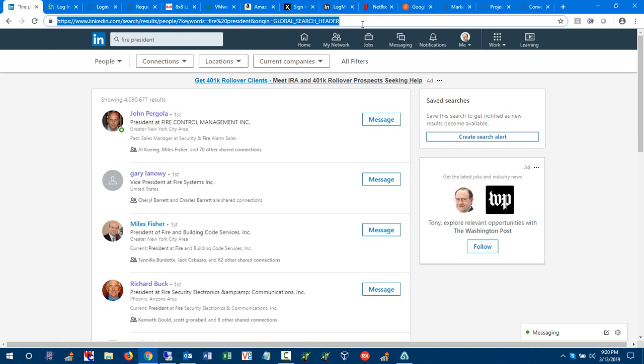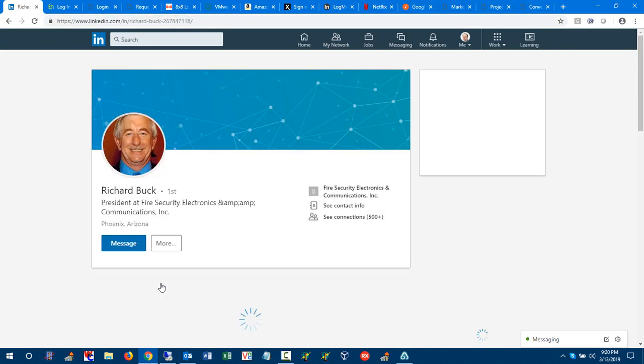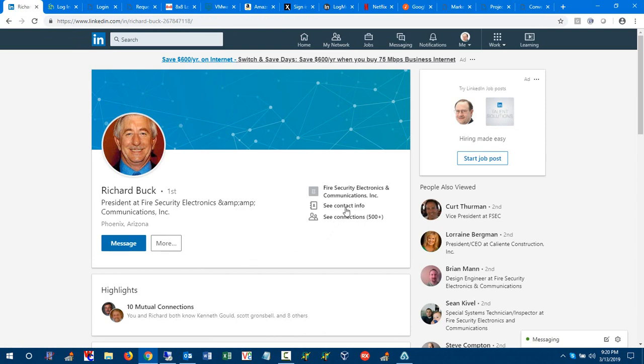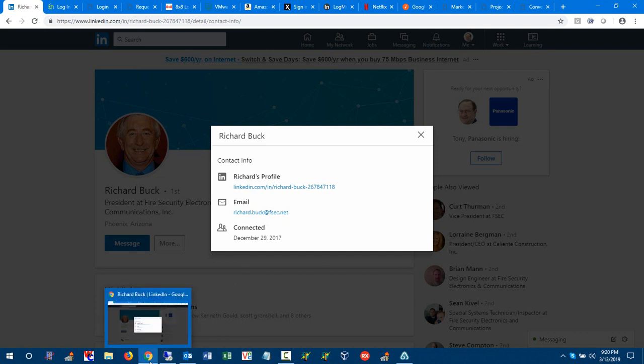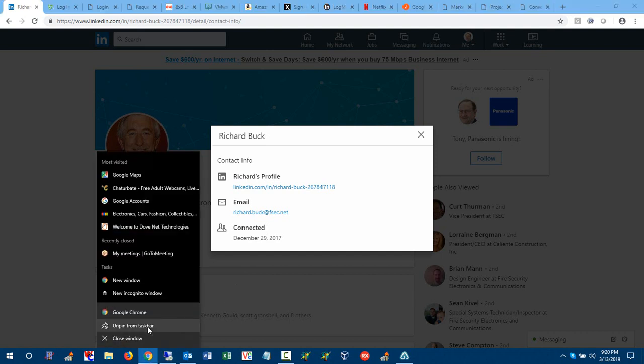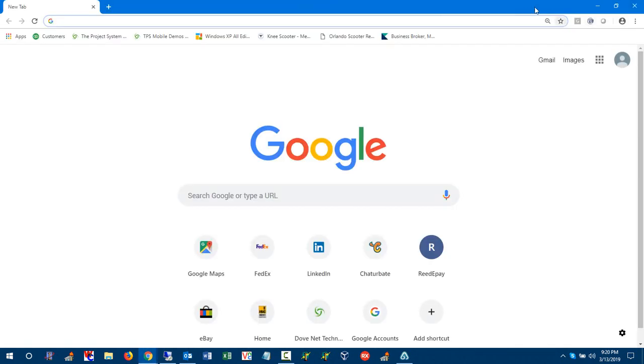information in clipboard. Copy that, Control C, and then when you click on this and you go to contact info, you can see there is an email address here that we could use. Okay, so what you can do is if you have another browser open, for example, and you go to